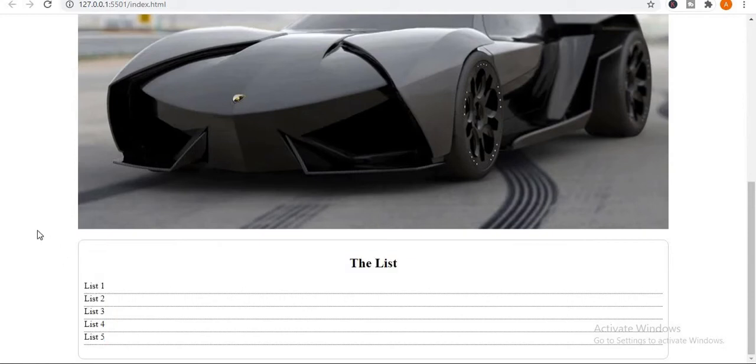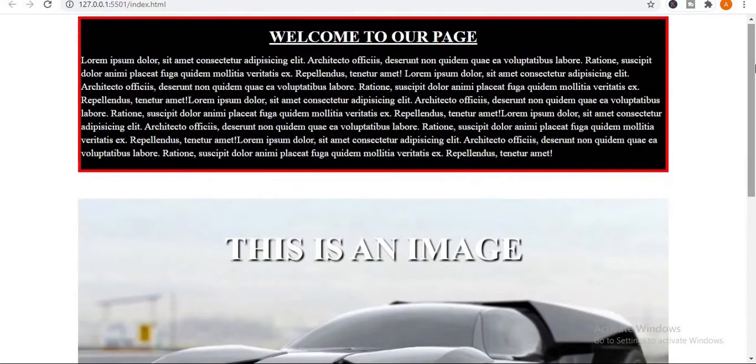So in this tutorial, we're going to cover CSS positions, contact form, and so much more. We're going to learn a lot in this tutorial, so I'll advise you hang on to this tutorial and let's